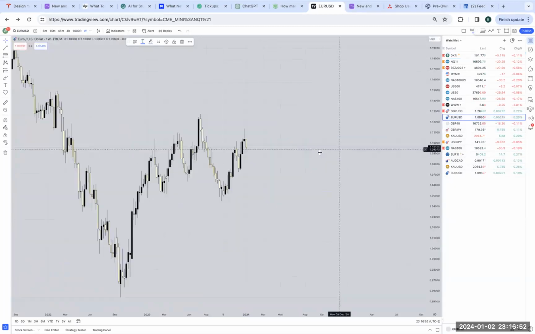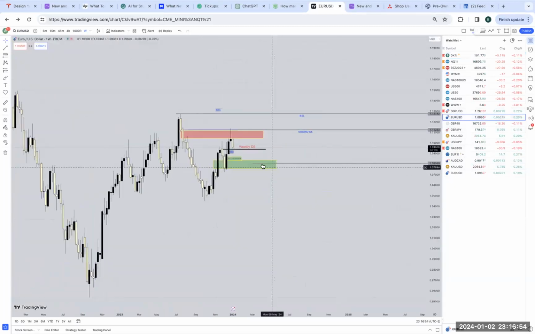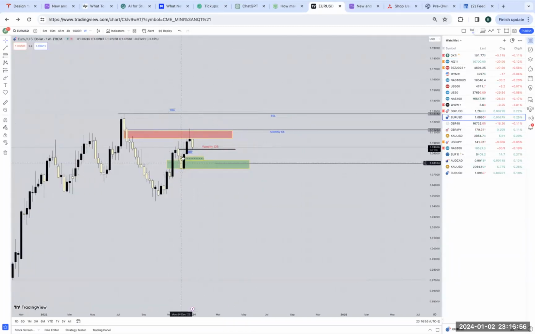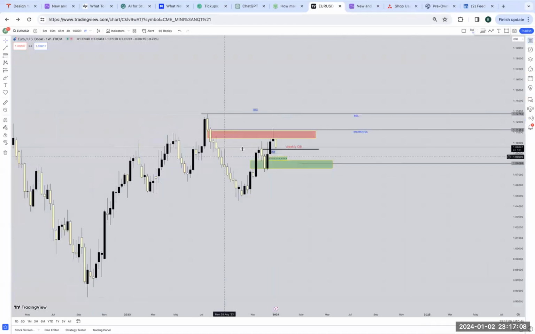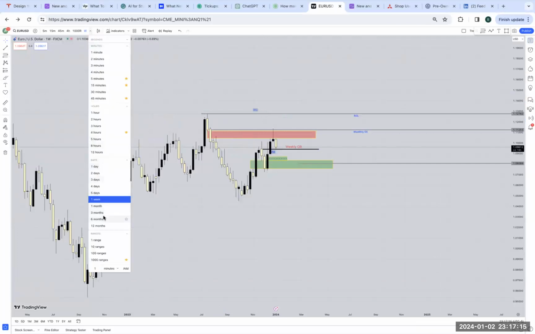And so if we go to Euro Dollar, there's a couple levels that we're respecting here. Again, this weekly order block that's occurring at current price action at 1.0935. And so again, we want to see price really respect this area and start finding areas to attack to the downside. If we go to the daily time frame,